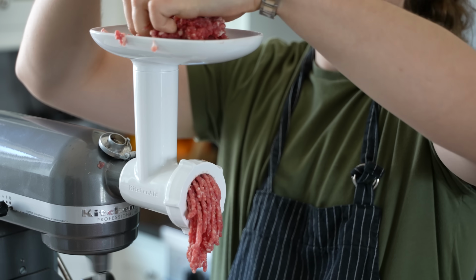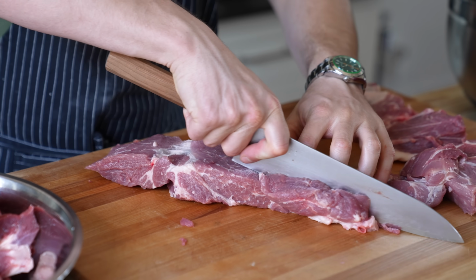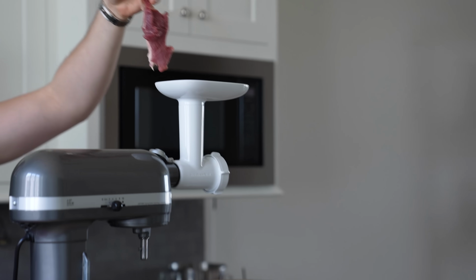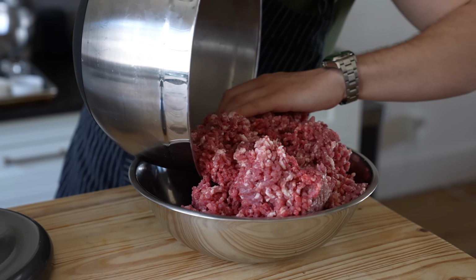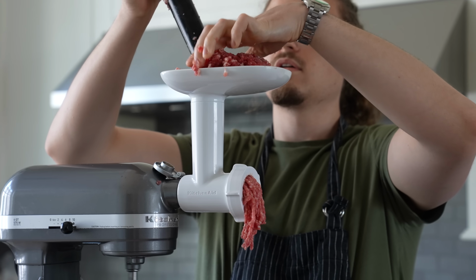And if you have a stand mixer, you can go and snag a grinder attachment, and for that, the link is in the bio. Anyway, once your meat has been sliced and maybe slapped a little, set up your meat grinder and, well, let it rip. Grind all of your beef and pork until it's ground. And I found that in order to get that really fine texture that hot dogs have, after you've ground all your meat, give it one more pass through the grinder to get it ultra